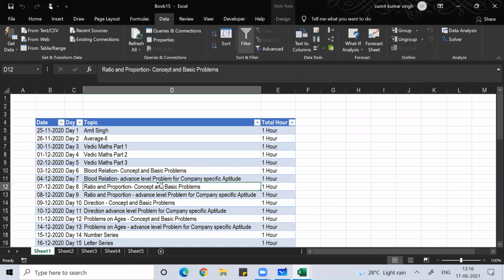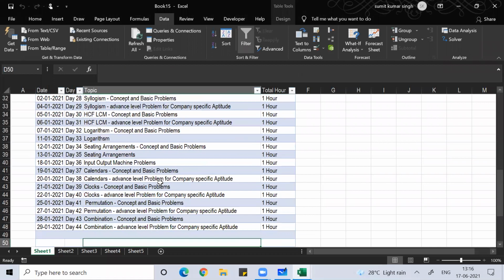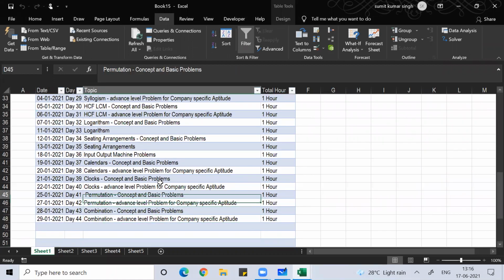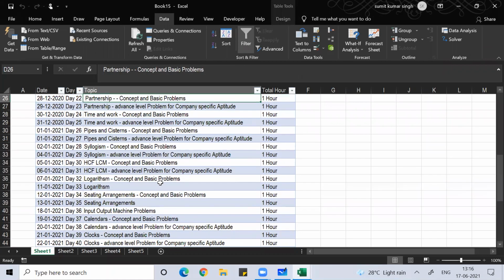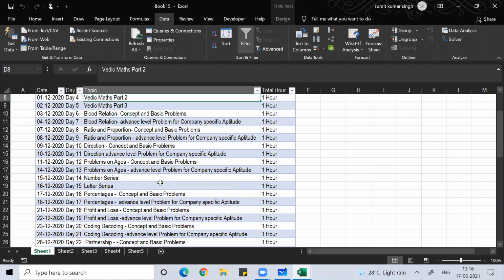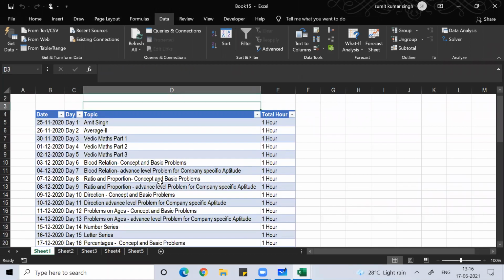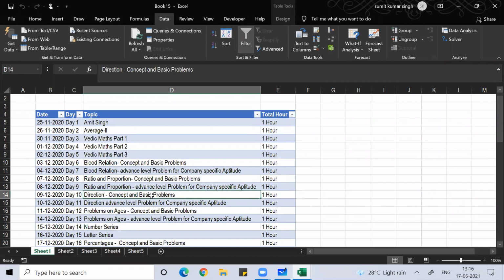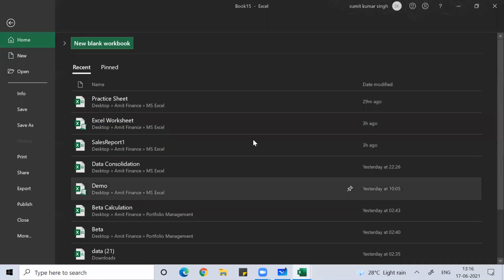So you see that, whatever was there in the training RVIM, that data came here. It will come as unformatted data. If you've done any formatting there, it will not come here. In the form of a table, this data will come. Can you see that? Now you can save this file if you want. I'll show you.